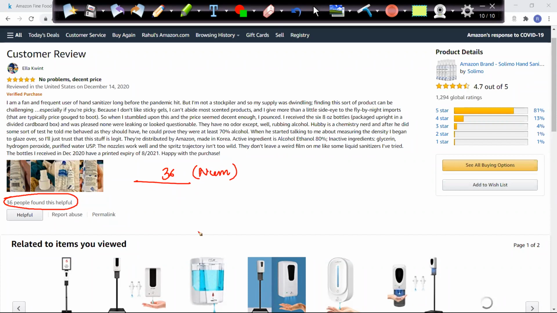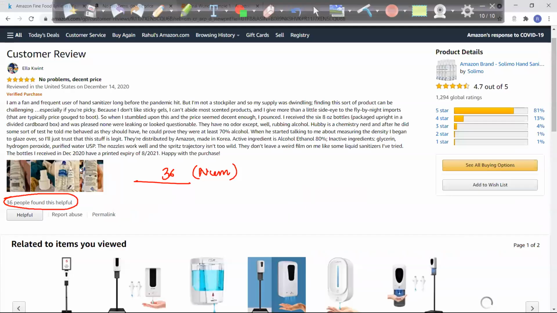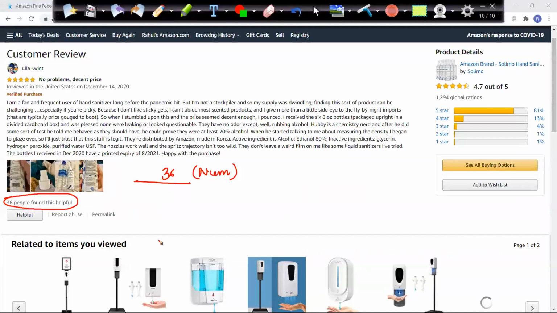Helpfulness numerator. And the other thing, helpfulness denominator, is nothing but 36 plus some number. And that number is nothing but people who did not, they must have seen the review, but did not click this helpful icon, helpful button.